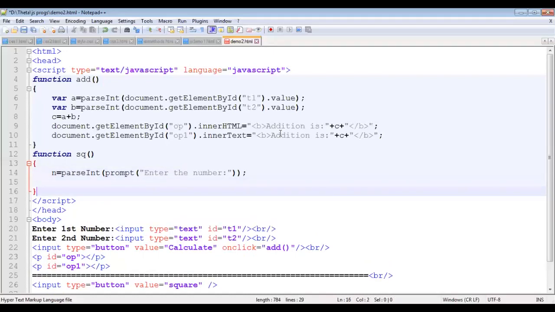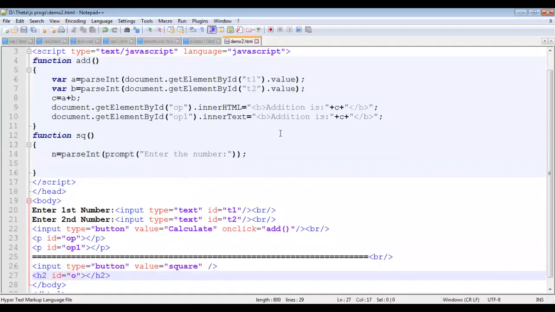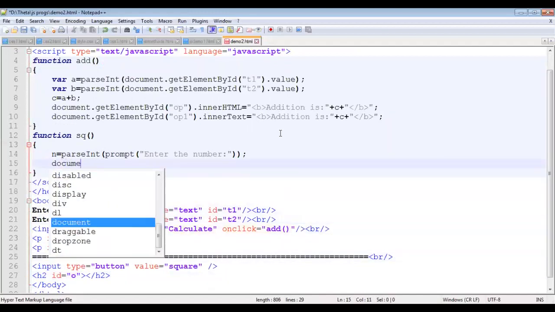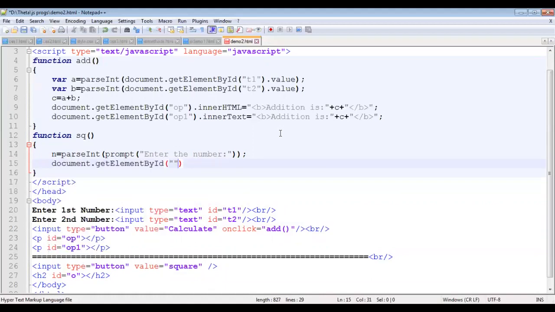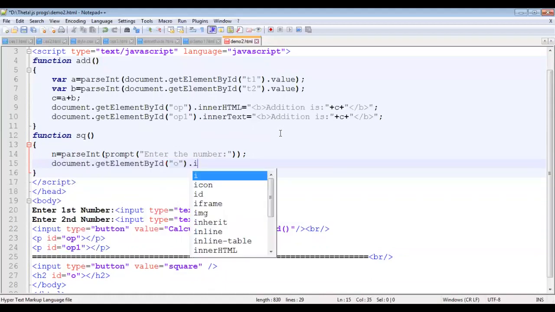Now once the data is taken, we have to display the output to the user. And for displaying the output here, I will use H2 with the ID as say o, meaning the header 2 will display that output. So document.getElementById output dot